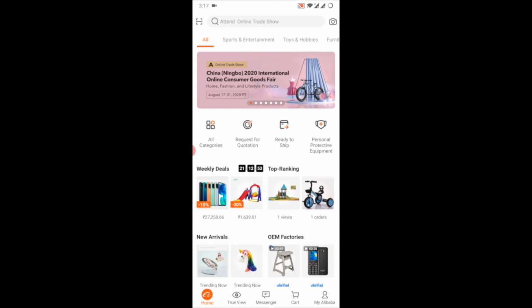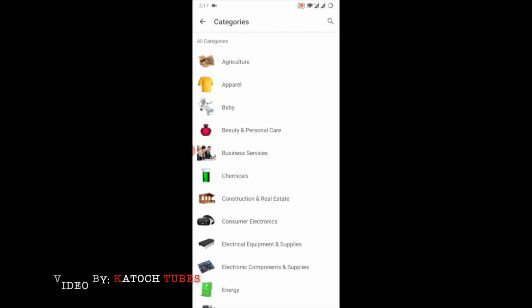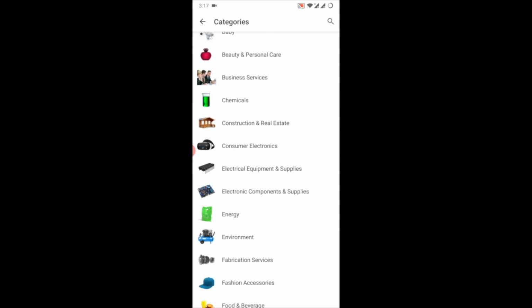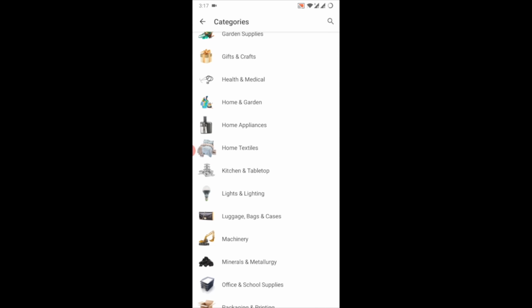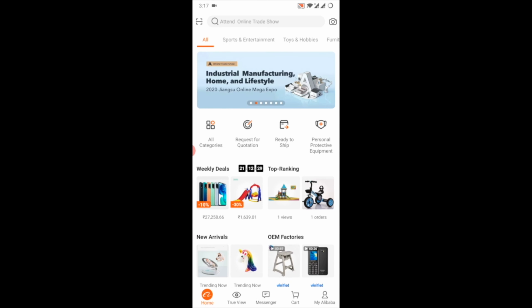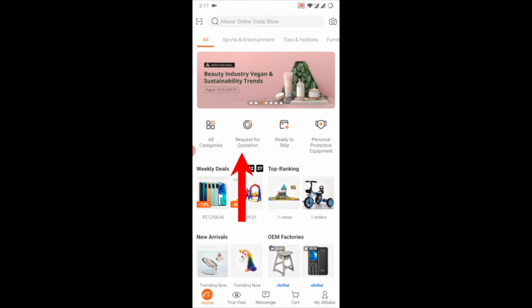Now you can see I am at the home page. This is the basic home page of this app where you can see all your categories. I can see agriculture, apparel, baby, chemicals, energy and all the related categories to browse from and to place an order if I want to. The second option here is request for quotation, which I have talked about in my previous video.